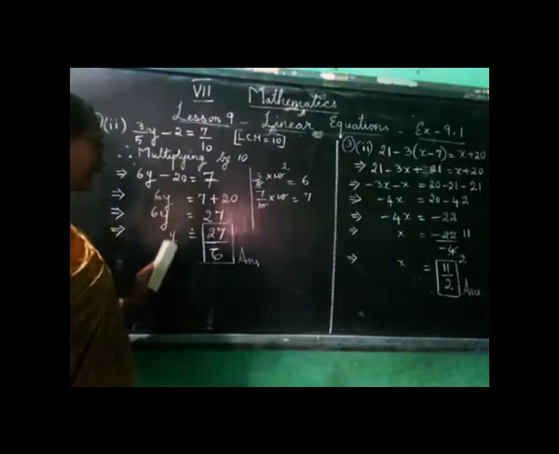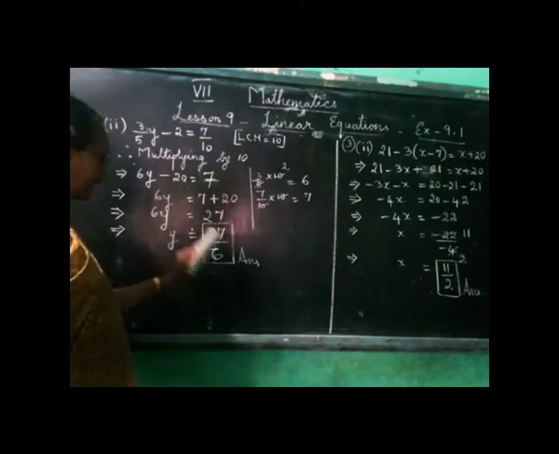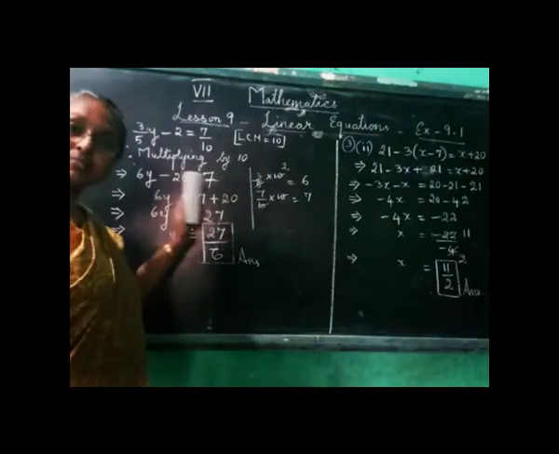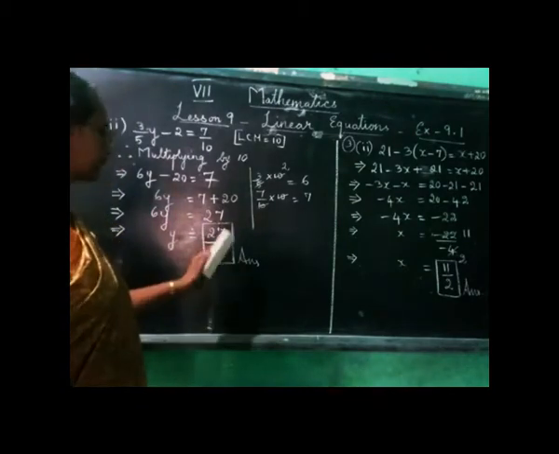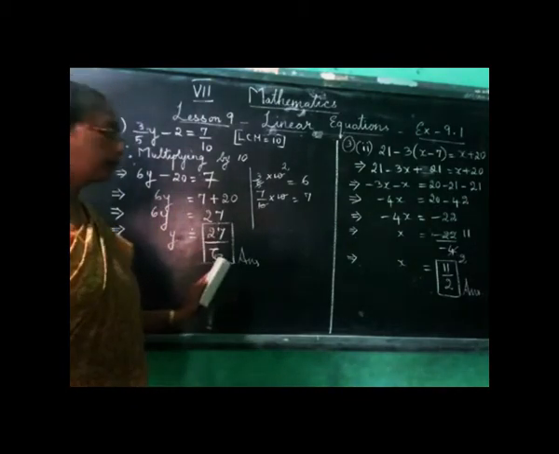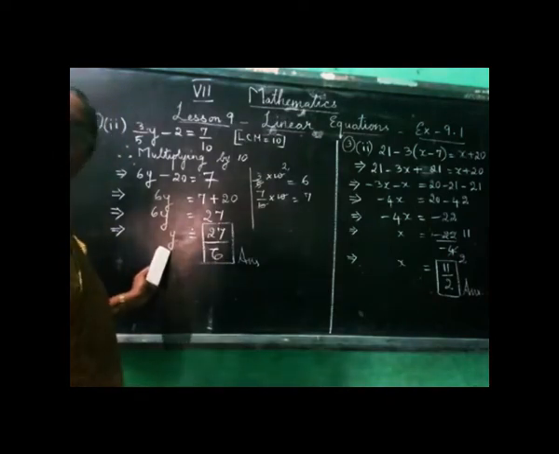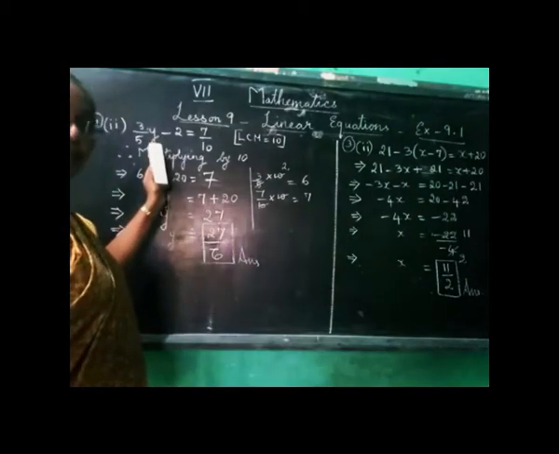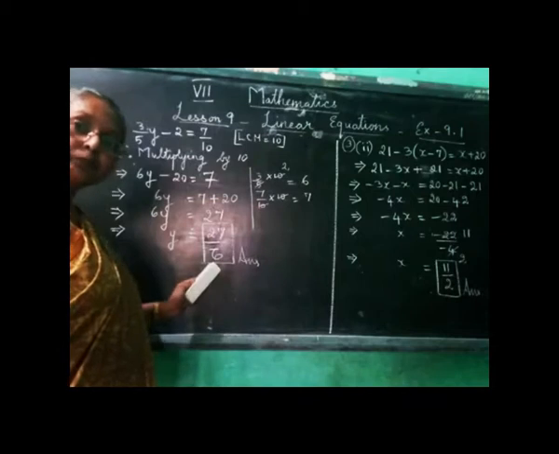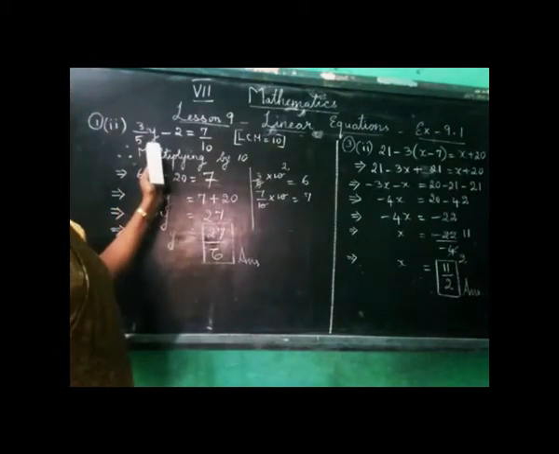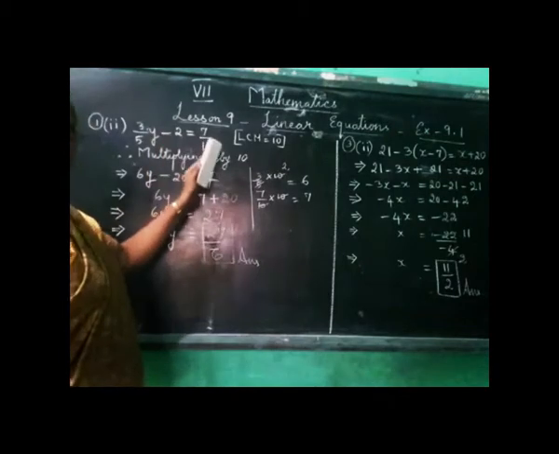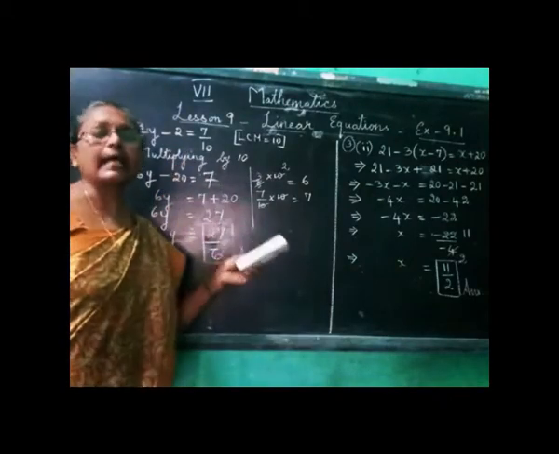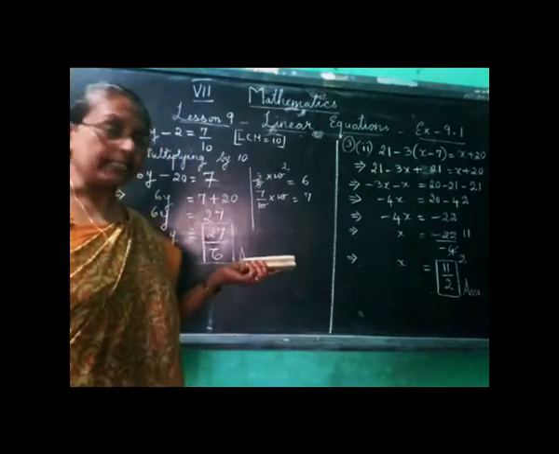And next y is equal to 27 by 6. We take 6 to the other side. 6 is multiplied with y here. So when we take it to the other side, it will become divided. So 27 by 6. That will be the final answer for the variable y. Now this is the solution for this equation. In other words, suppose we put this value 27 by 6 in this equation, then it will get solved. We will put 27 by 6 here, and you will get 7 by 10 as the answer. You can even try it later.